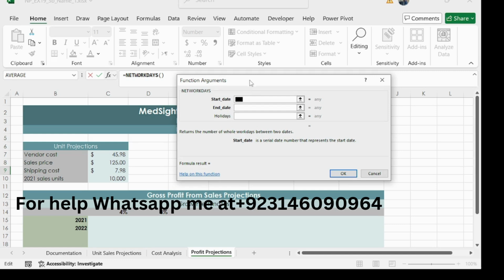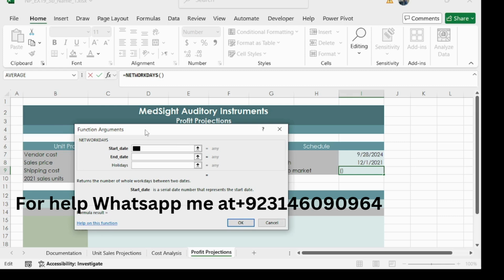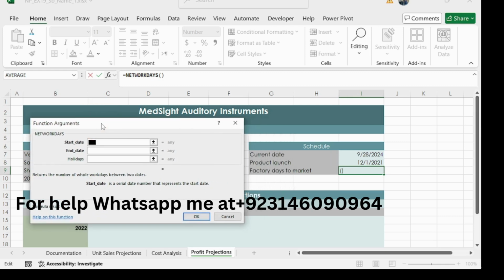So our start date is, let me check the start date. I think our start date is the current date and end date is the product launch date, and click on, no sorry, I think our start date is the current date, and our end date is I8, like this.